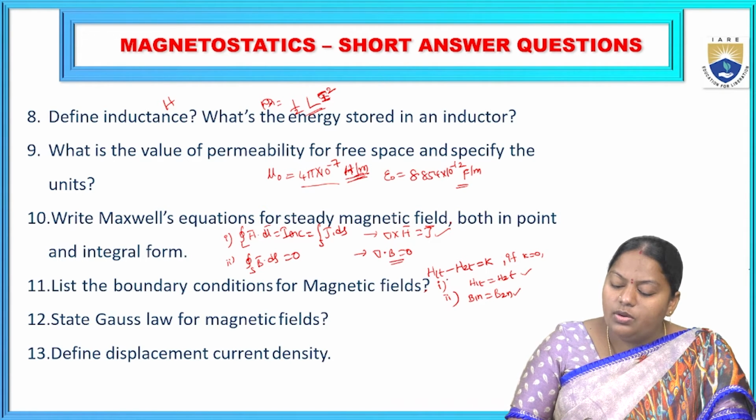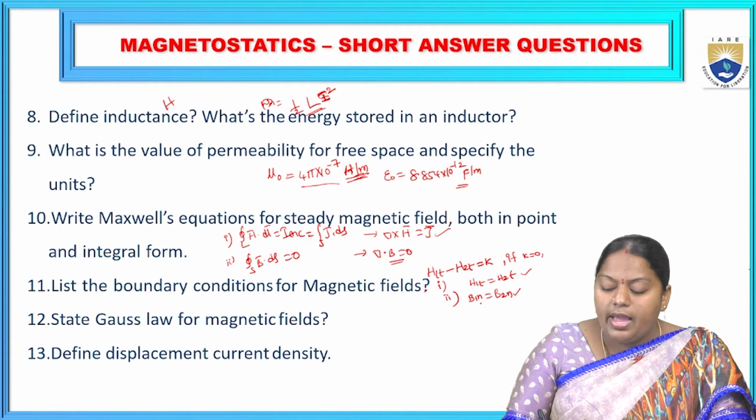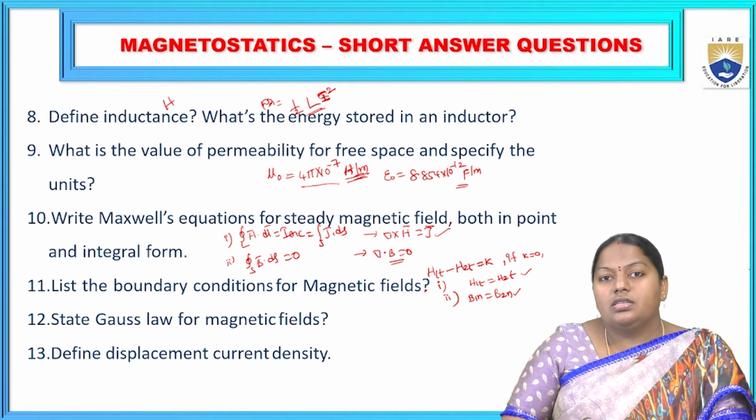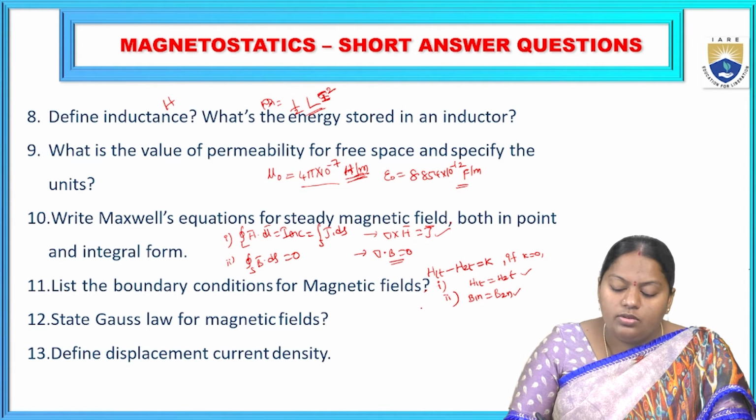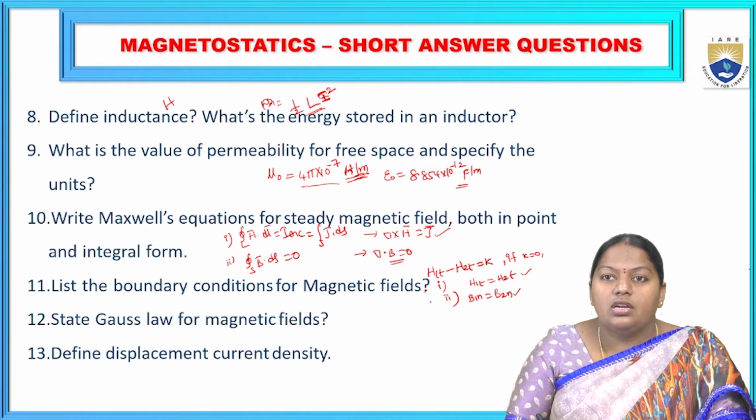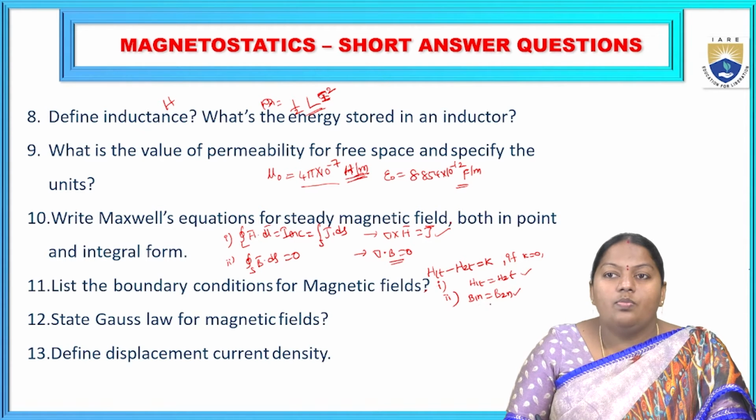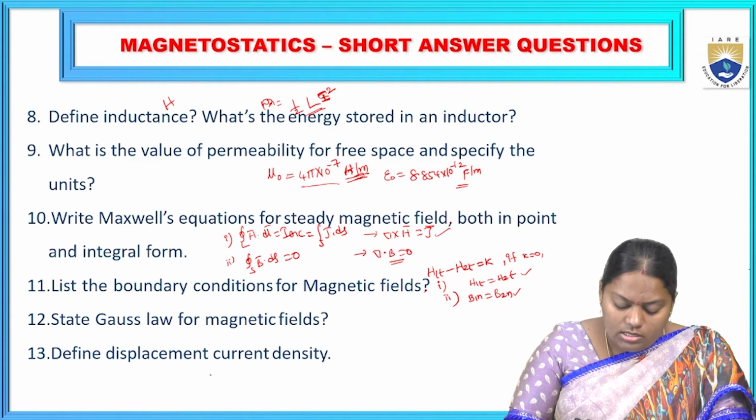Similarly, if we consider the tangential components of magnetic flux densities, they are discontinuous across the boundary, and the normal components of magnetic field intensities are discontinuous across the boundary. So generally we consider the two boundary conditions for magnetostatic fields as H1t is equal to H2t and B1n equal to B2n. Then state Gauss law for